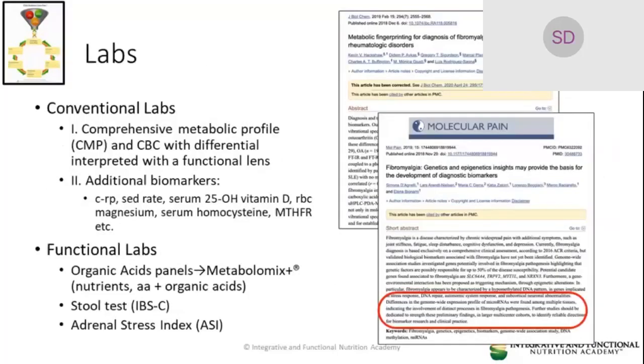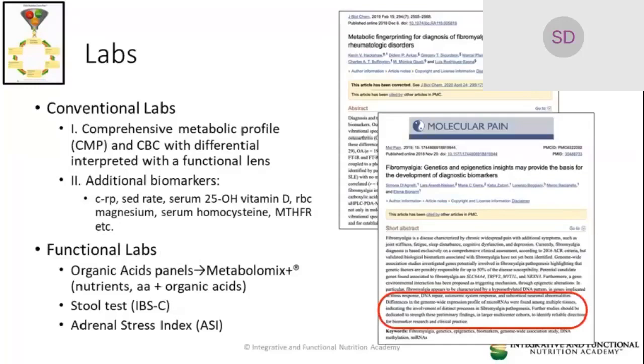And the next thing to think about are labs. And I know this is an area that's kind of confusing for dietitians, because dietitians are not necessarily always authorized to order labs. And it's going to vary from state to state. It's going to vary in the U.S., and it's going to vary obviously from country to country. But ultimately,